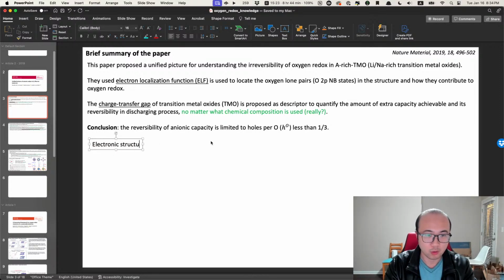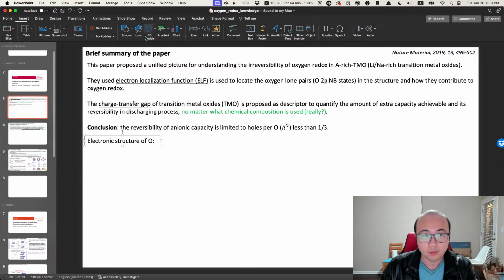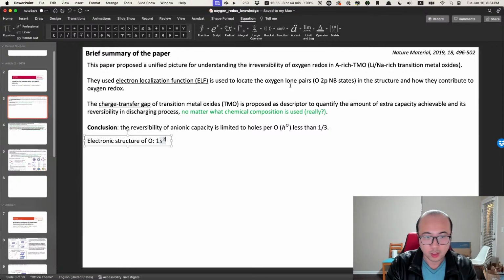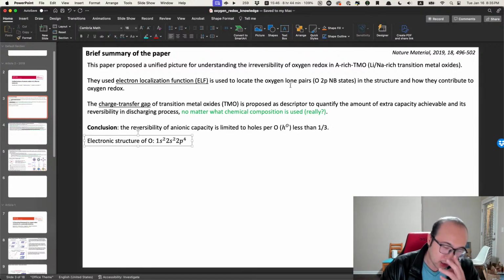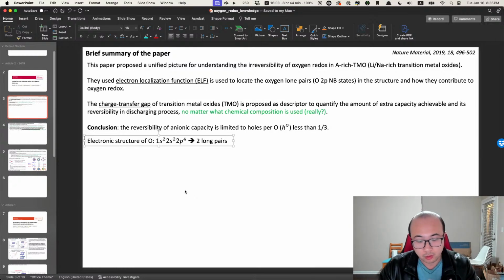So the electronic structure of oxygen is 1s2, 2s2, 2p4. So if we only consider the valence electrons, which is this 2s2, 2p4, that leaves us two lone pairs for each oxygen. And each oxygen needs to be bound into like two different